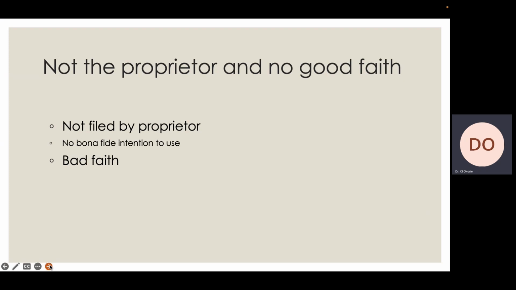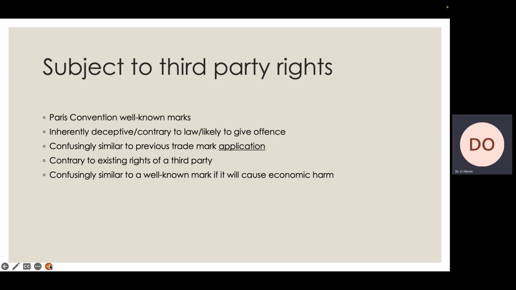In fact, there's bad faith, because you want to prevent someone who could have used the mark from using the mark. In that case, they could successfully oppose your registration of the mark. It could also be that the mark is subject to third-party rights. So, for example, in a case where